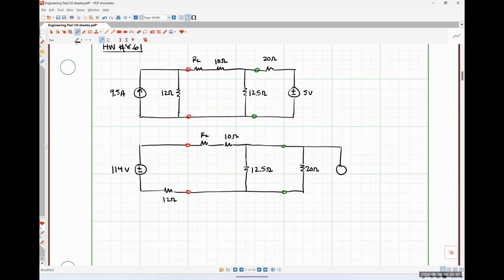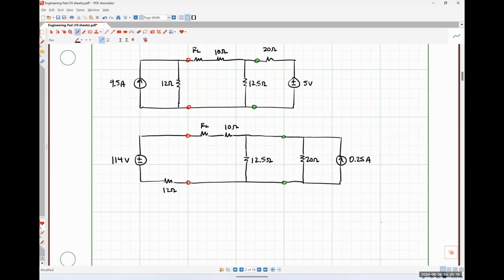My current source should have a direction up because the positive polarity terminal on my voltage source is on top. So 5 divided by 20 is 0.25 amps. Now I see that that 12.5 ohm resistor and that 20 ohm resistor are in parallel, so I can combine them. So 12.5 times 20 over 32.5 looks like 7.692